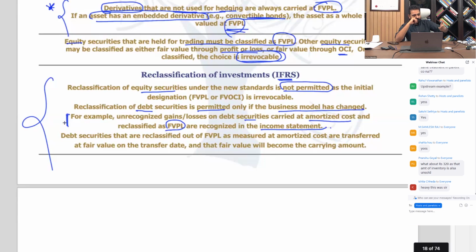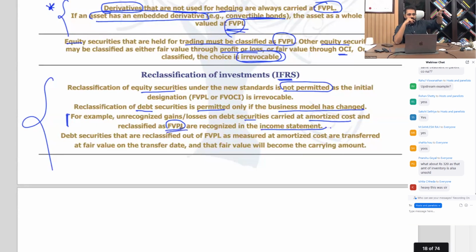I want to sell this now. So my business model has now changed. Earlier it was to receive contractual cash flow. Now I am opportunistic. I want to make a profit and sell it. If that happens, then it's okay to move them from amortized cost to FVPL. Okay. However, under amortized cost, remember under